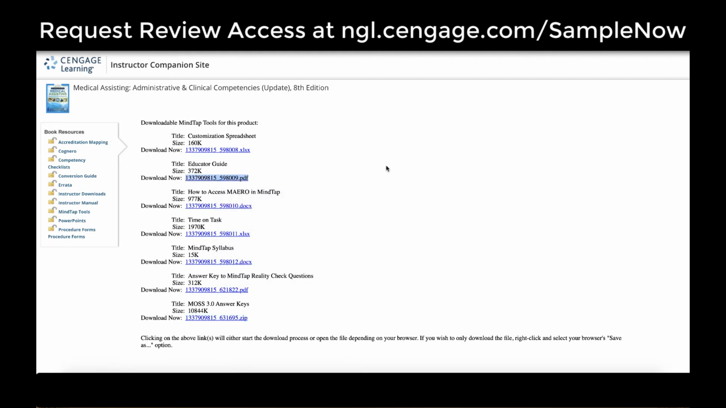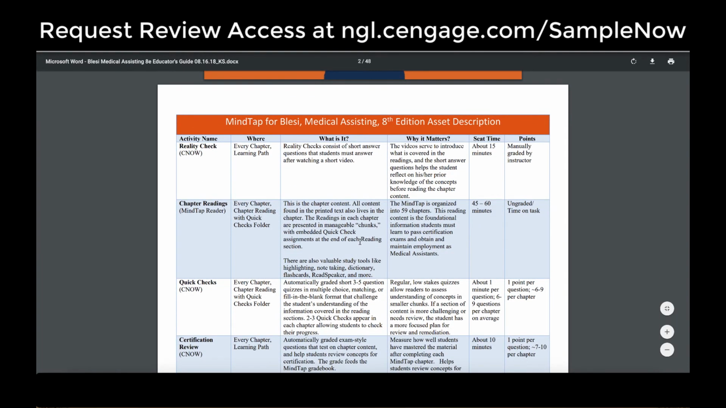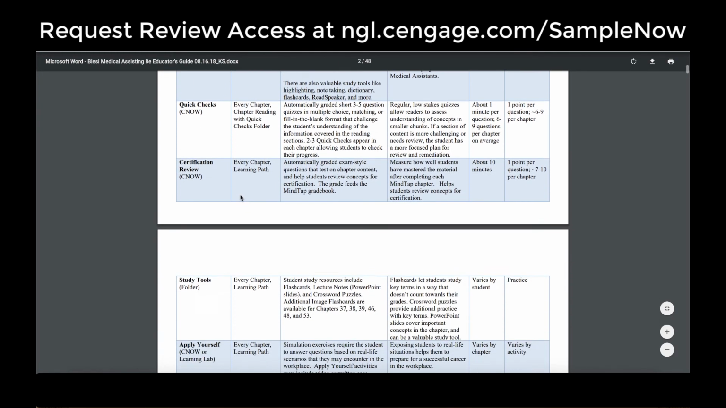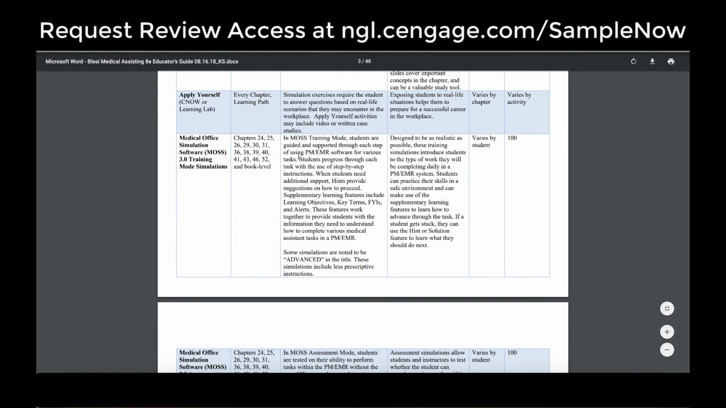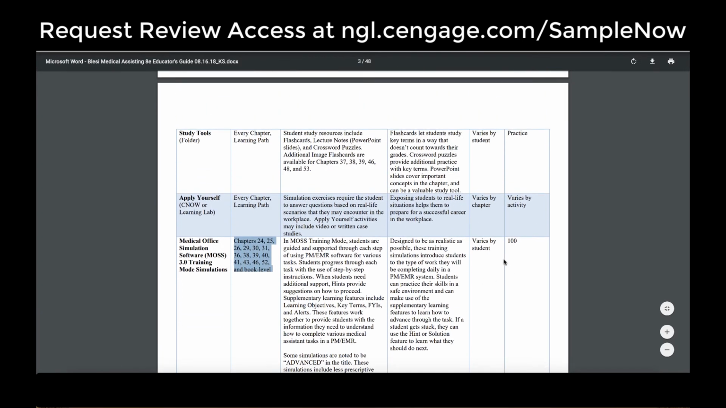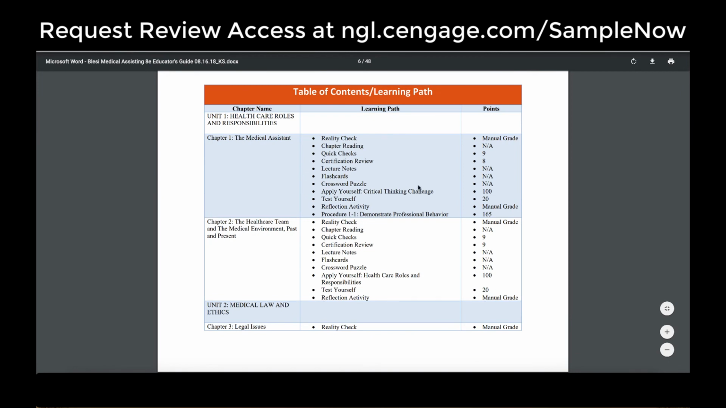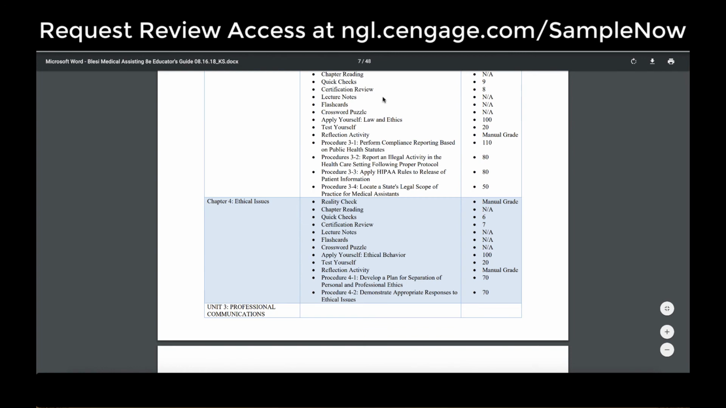MindTap Educator Guide. The MindTap Educator Guide will list all of the interactive assignments found throughout the MindTap course, including MOS 3.0 simulations, as well as Learning Labs, certification review, videos, and so much more. From the top grid that you'll find on here, you'll see quickly the chapters where MOS simulations live, what they are, why they're valuable, and the standard score setting for each one. Scrolling further down this MindTap Educator's Guide will show you where every single individual asset lives per chapter of the